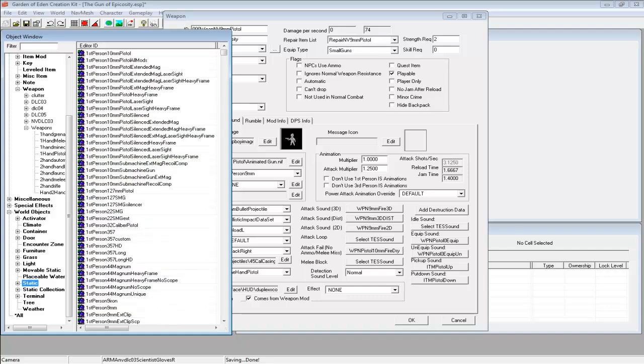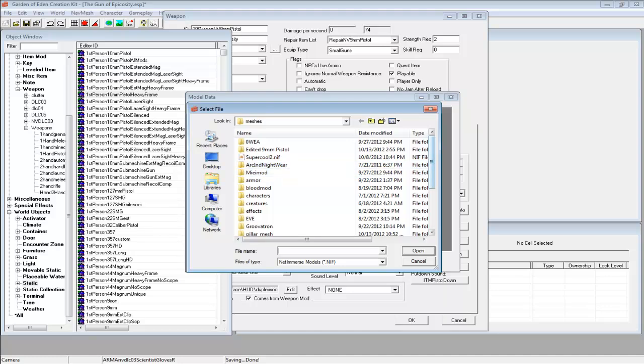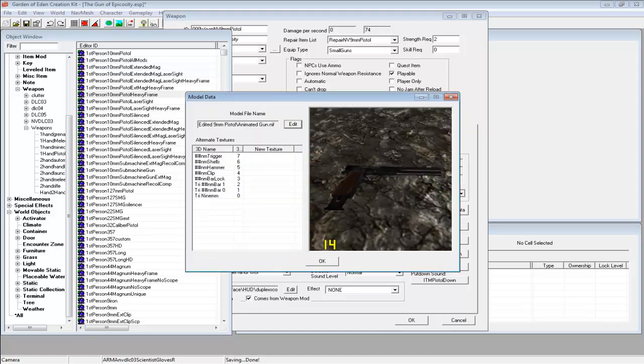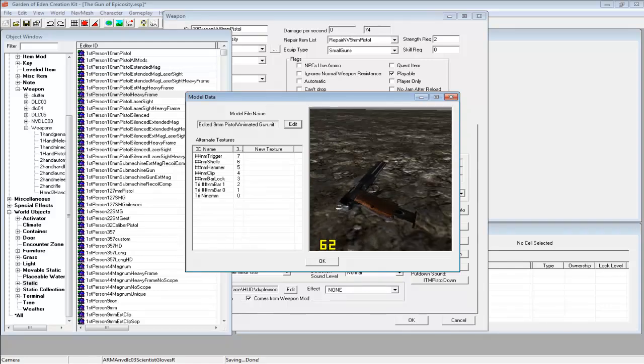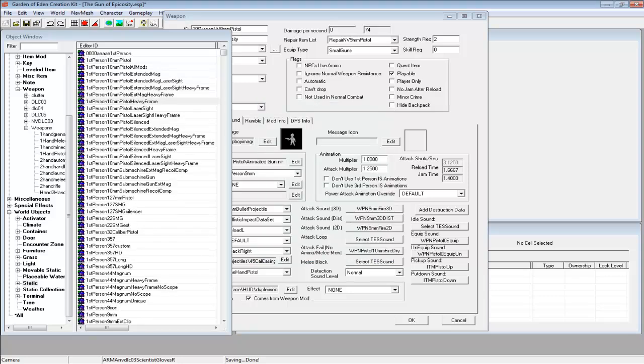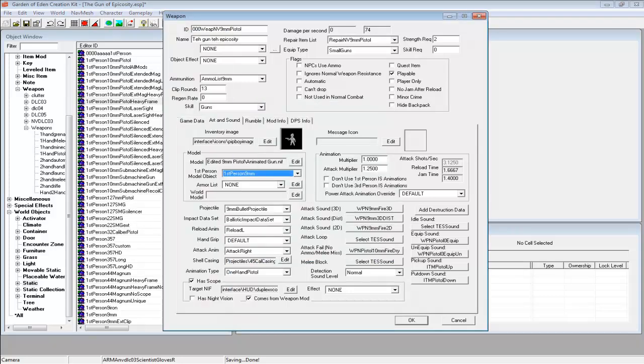once it's loaded, under the world objects, click on New, and you want to put in what the name of your gun is, and you want to put in first person after it. And then for the model, choose the thing that you made in Blender. Once you've chosen it, as you can see, it'll look like this in first person. It'll look like whatever you made it look like. Click OK. It might not show up here in the first place, but once you close it and reopen it,